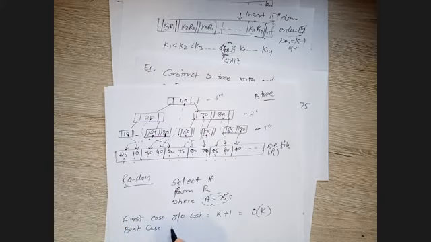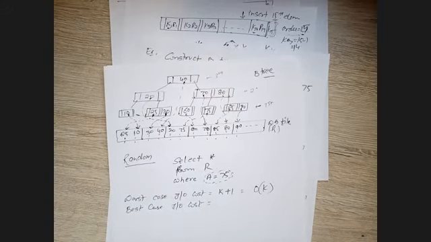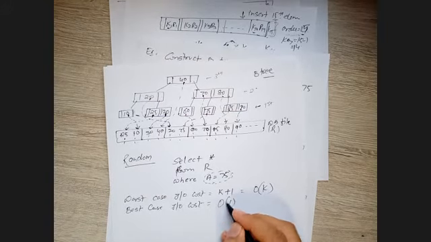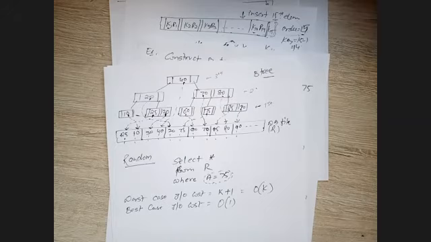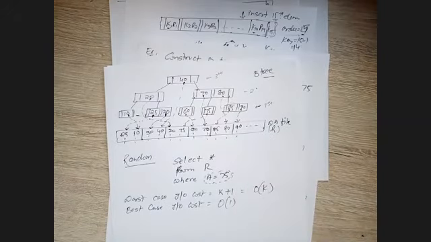Best case input output cost. These are the points they may ask you in the exam, probably in MCQ or any other way. That will be order of one, constant time, minimum 2 block accesses, for example. Initially you got it, and you found it in the leaf node itself, right? So that is order of one.